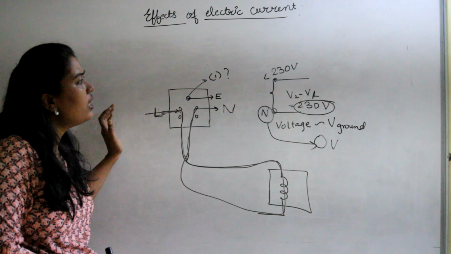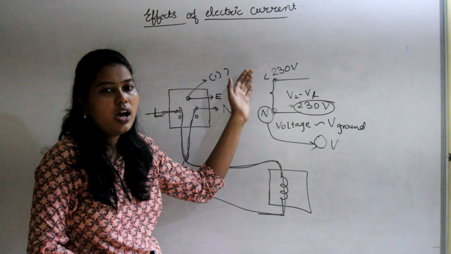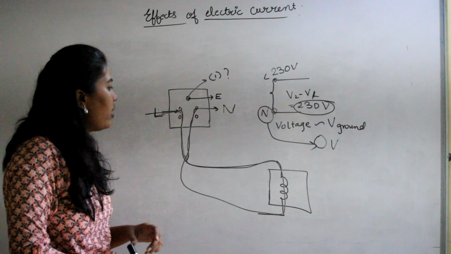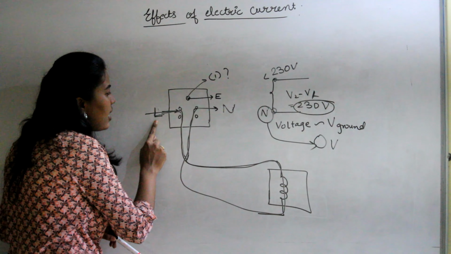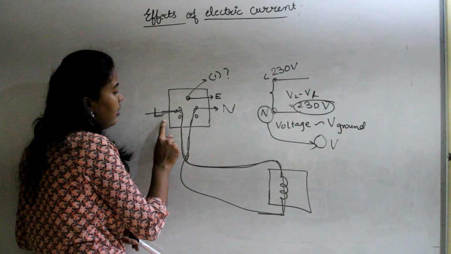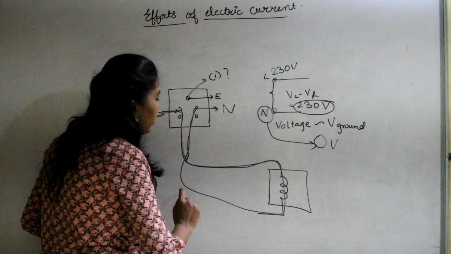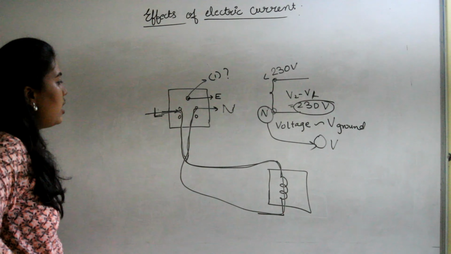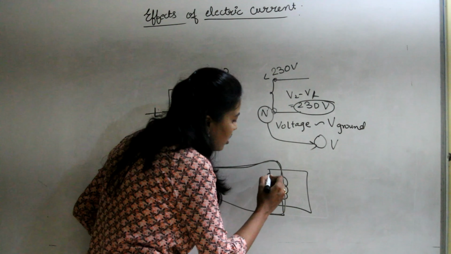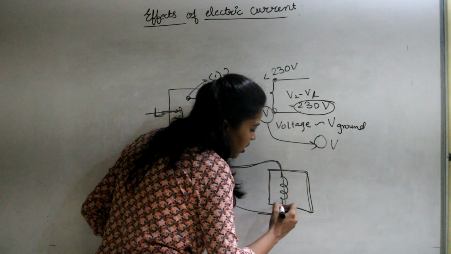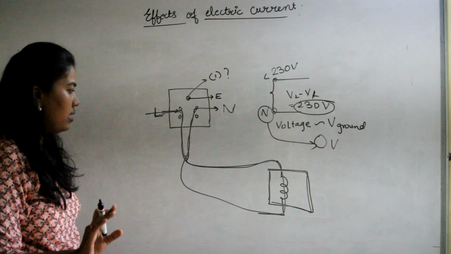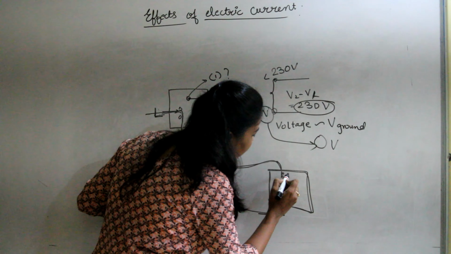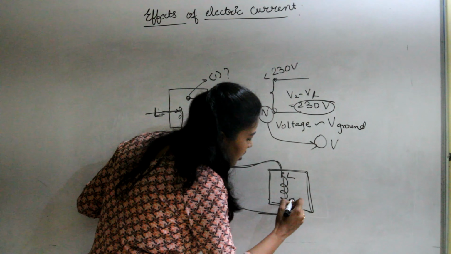We know that the current always flows from higher potential to lower potential, right? So here also the live is at higher potential, so the current will enter from the live and then return back through the neutral terminal. Now suppose this device has a fault present in it. While installing, these two wires get connected to the live terminal and the neutral terminal in the device.